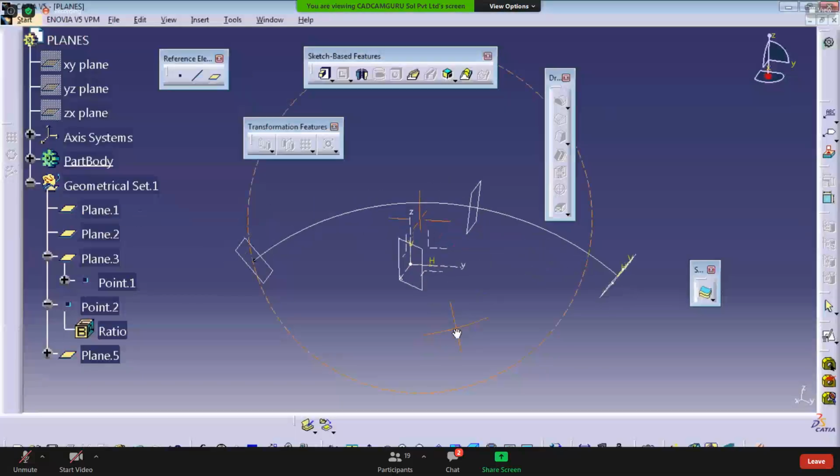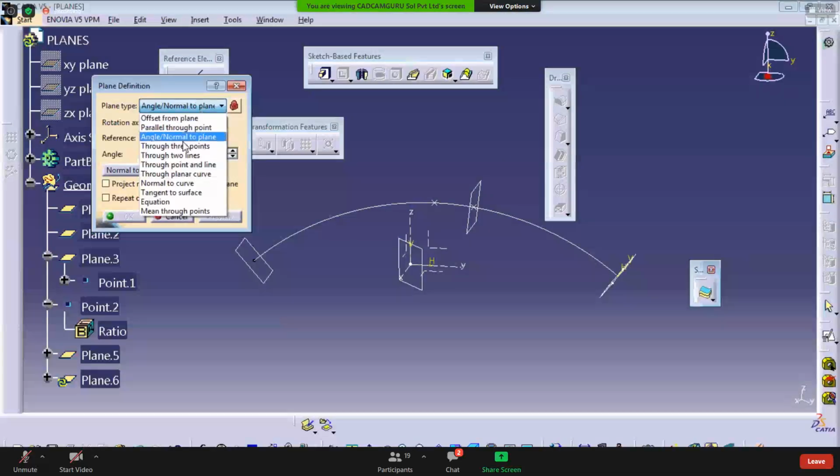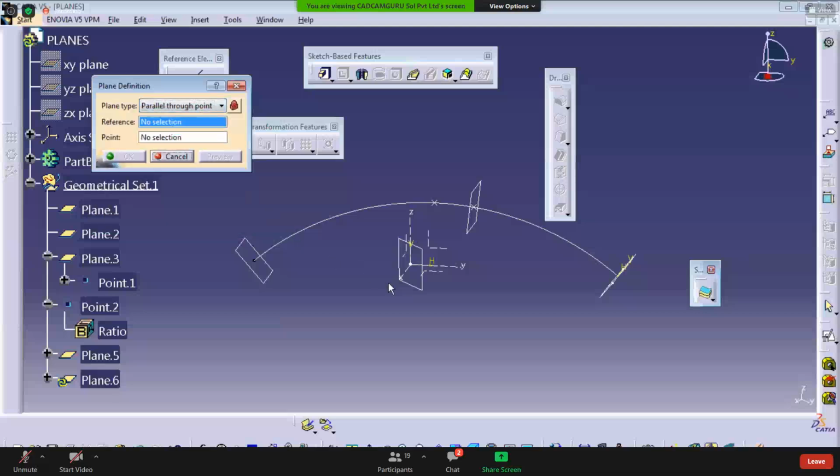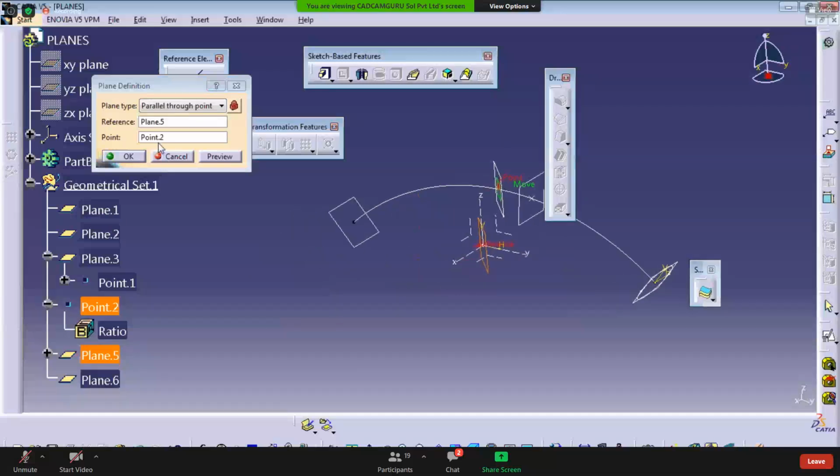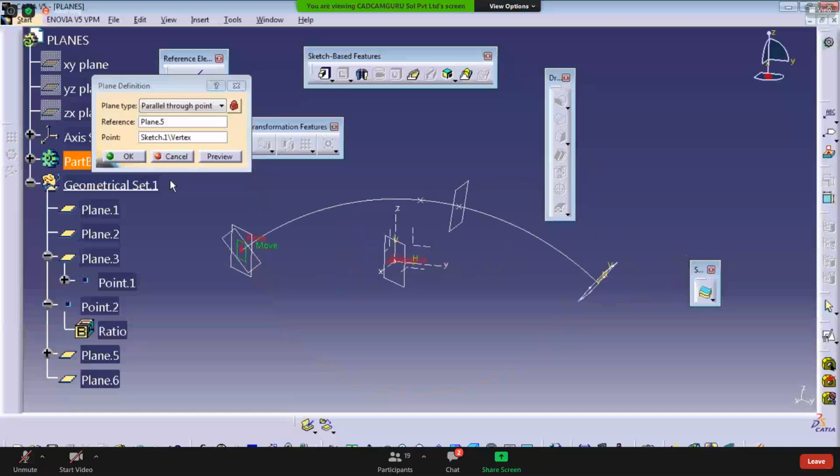And now my requirement is that I should plot this plane at this location. Then I just click on this plane. The type you have to choose here is parallel through point. Select this plane and click on this. You can also click the point here, but I need it right now over here.